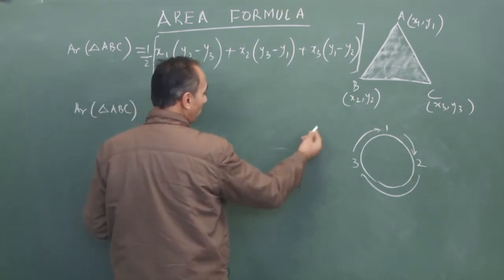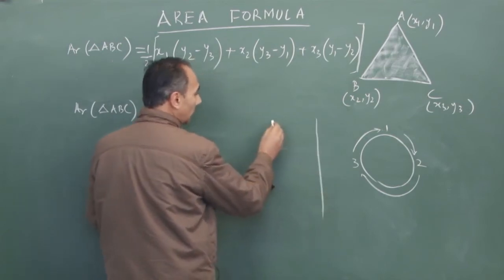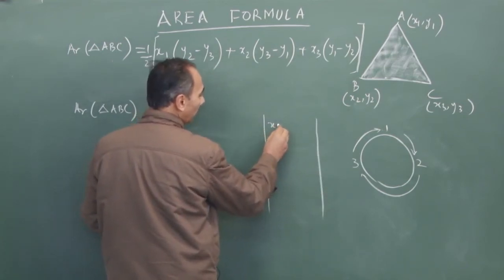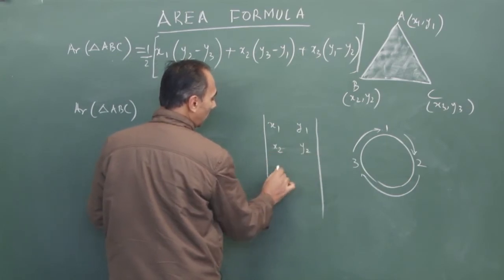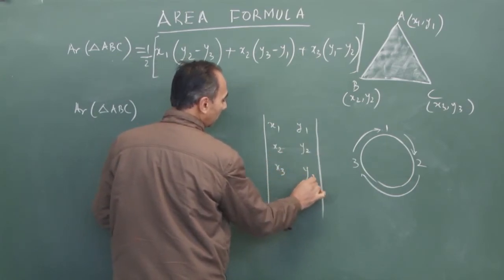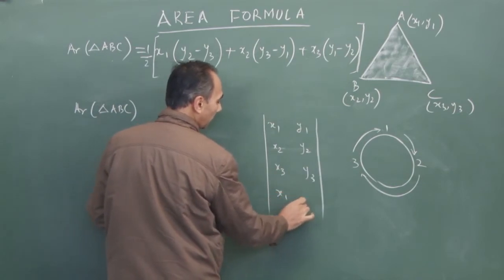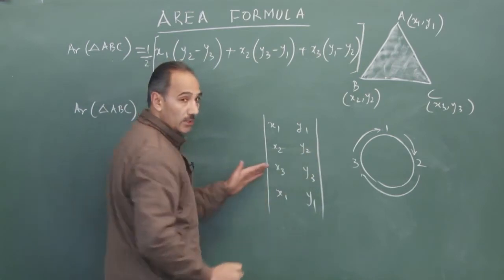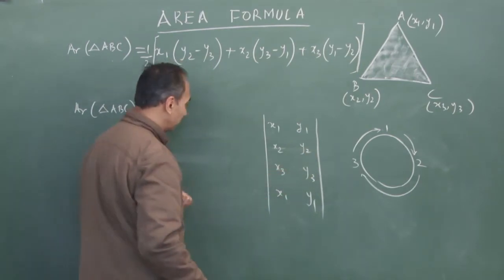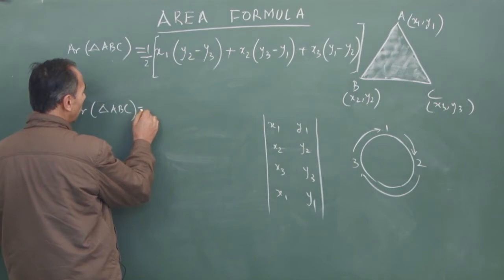So what you do, we call it as a column method. You take the coordinates of A, that's x1, y1, coordinates of B, x2, y2, coordinates of C, x3, y3. Then again coordinates of A, x1, y1. So when you write the formula, you write 1/2